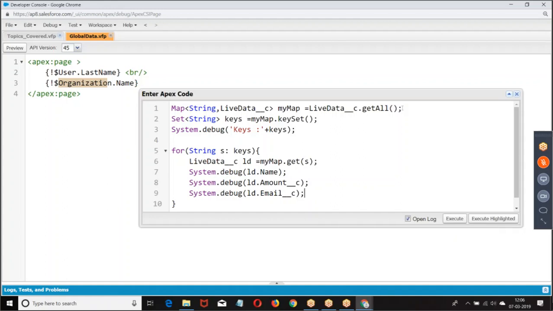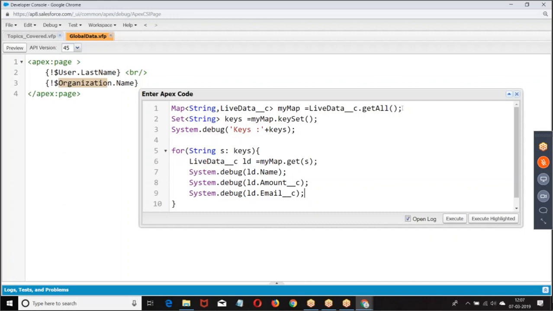So what are we doing? Take one key at a time. In the map, if I give a key, we get the corresponding value.